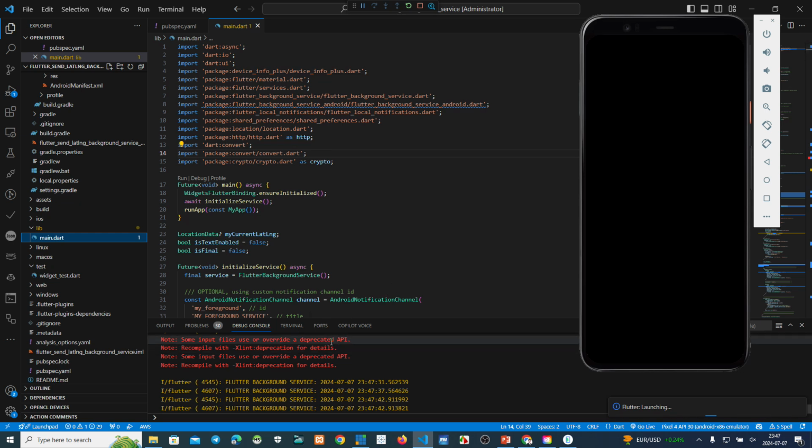If this module or this project is to be used as a commercial or production project, we must use an API key, a good API key. I mean the new API key.